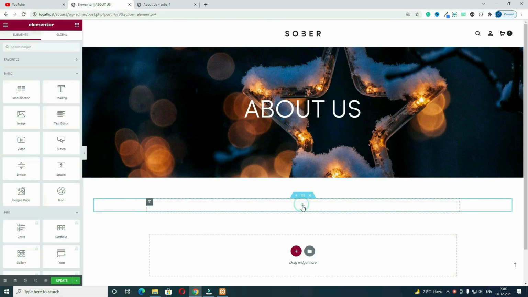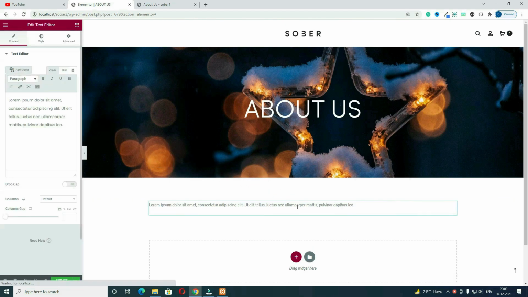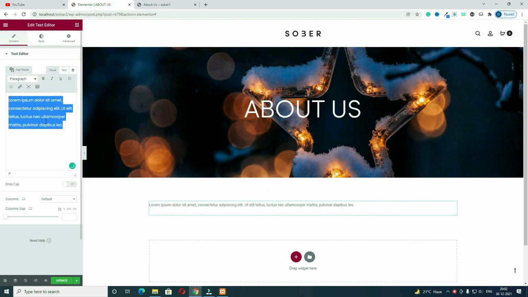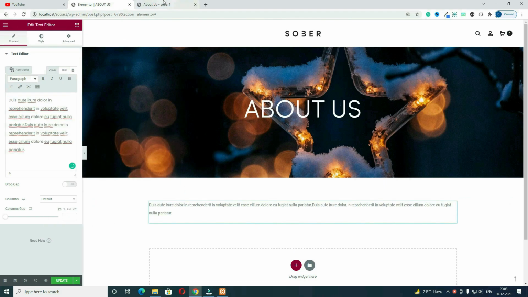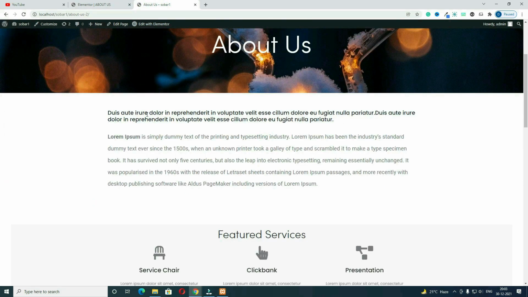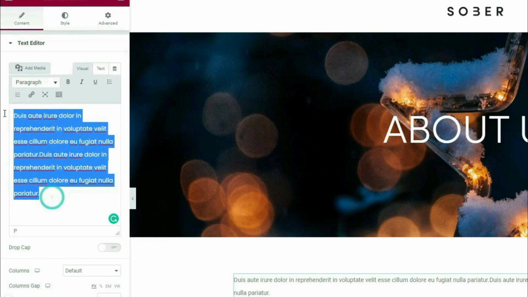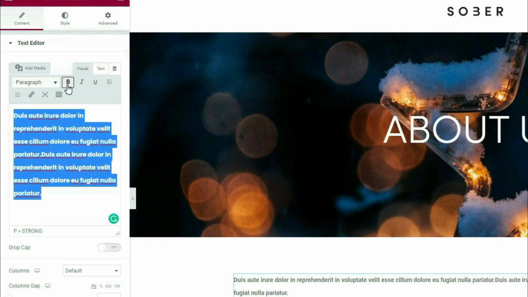After that, click in this plus option, and I need this text editor. Here you can see the text editor, just drag and drop it here. After that, whatever the text you want to write, you have to write it here. But here you can see this text size is a little bit bigger, and this is in bold. So let's come back here again and make it bold. You have to click in this.